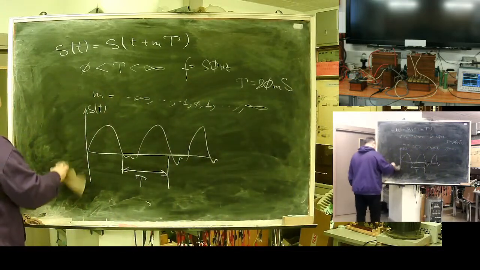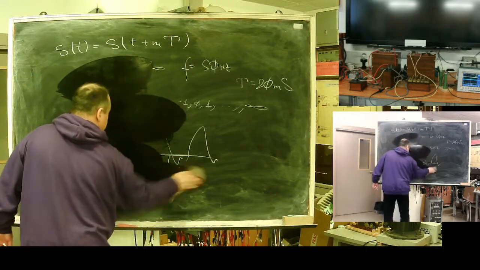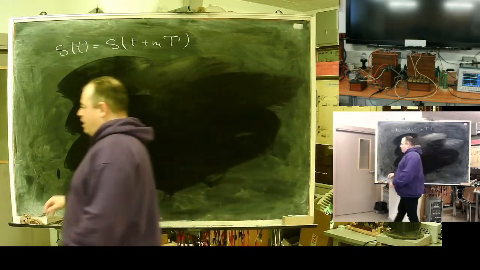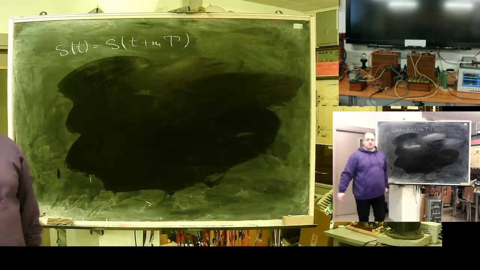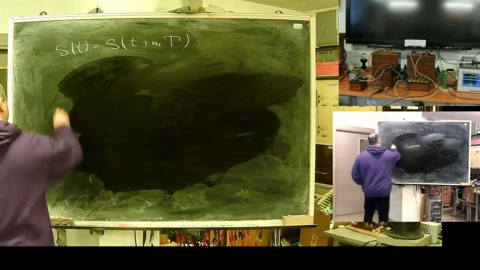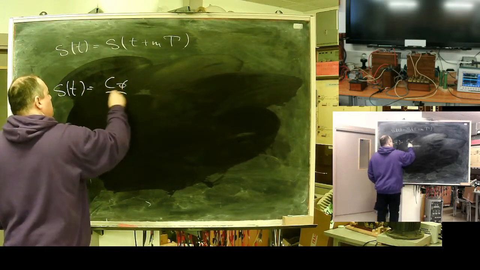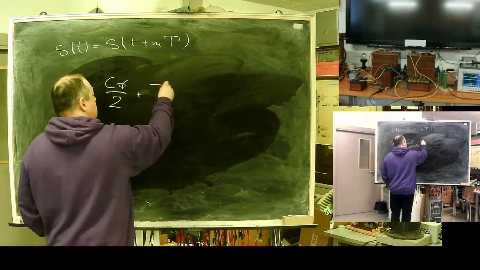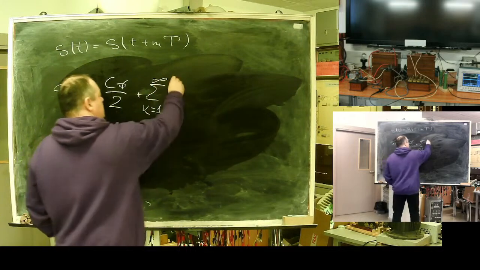So, the Fourier idea: I can substitute any periodic signal in a way that it is a DC component plus a sum from 1 to infinity of